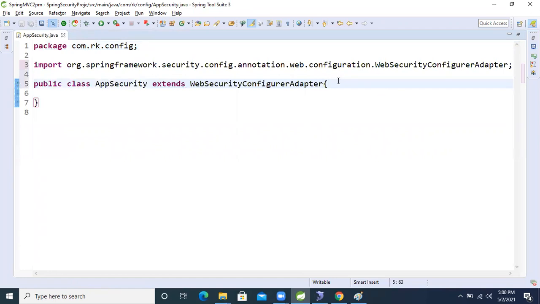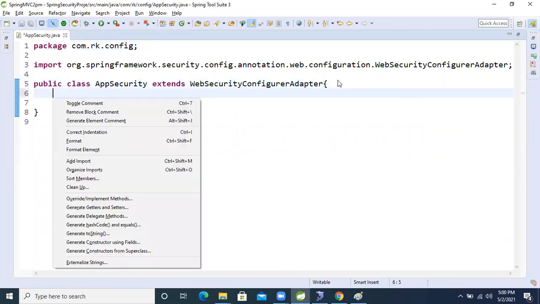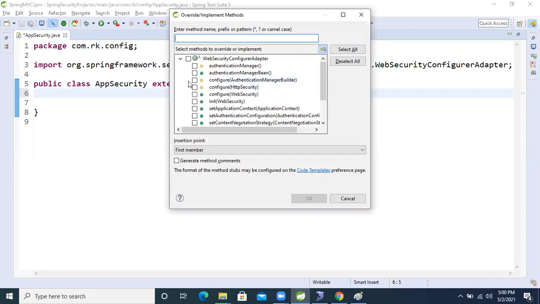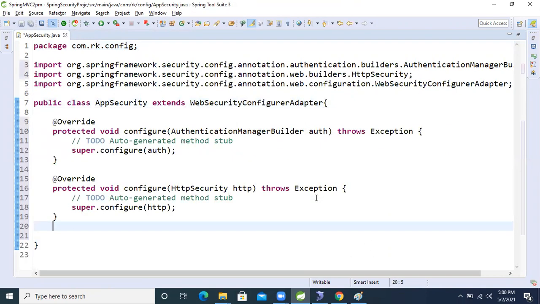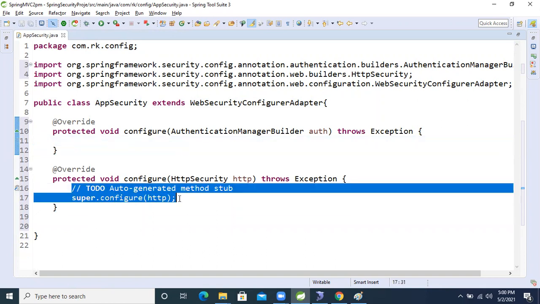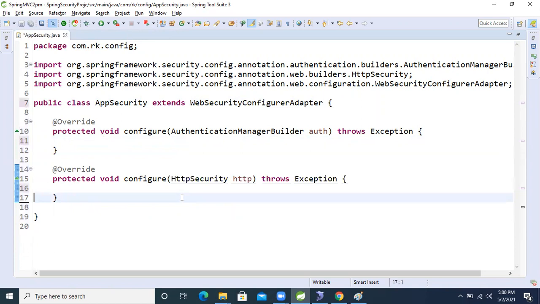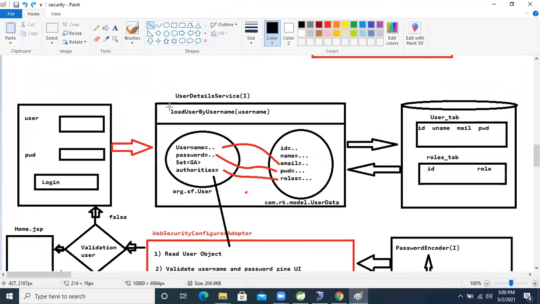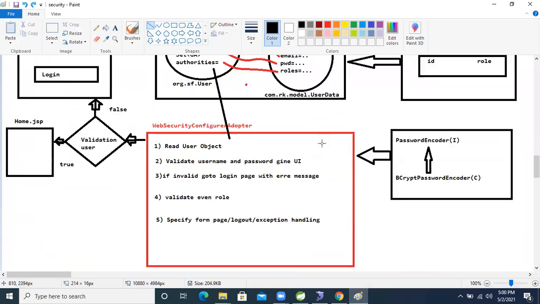Inside that, yesterday we saw Alt Shift S plus V, two methods: configure with AuthenticationManagerBuilder, and HttpSecurity. We need these two methods, so we override both methods. The extra things from yesterday we have now completed.